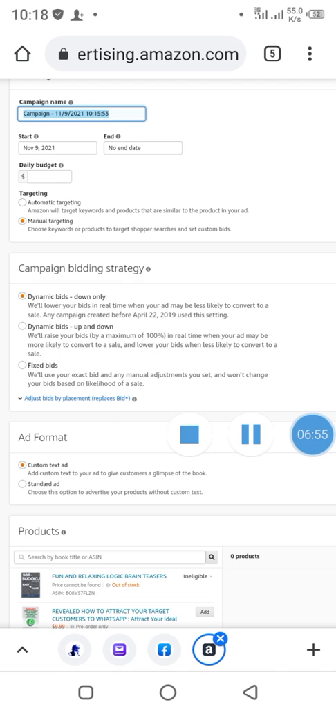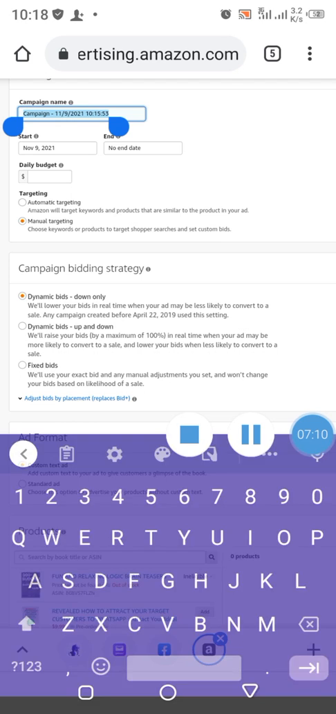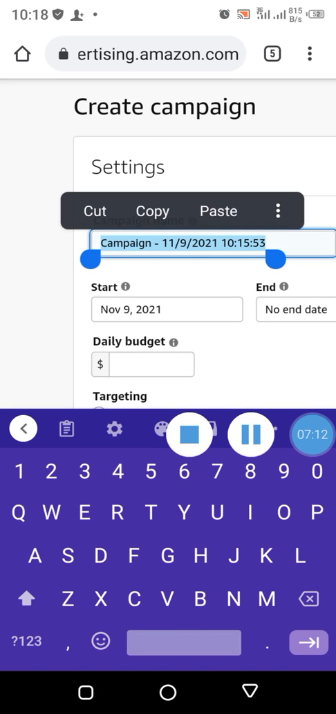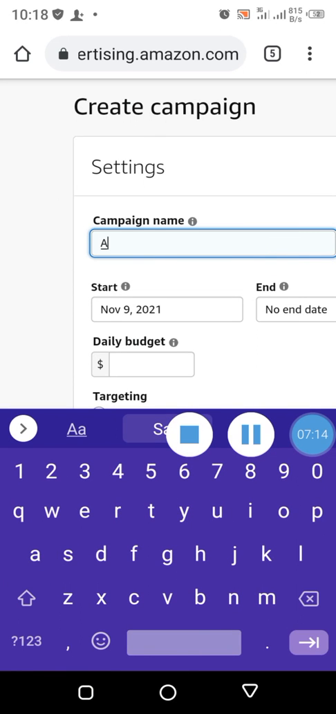You're going to be running multiple ads, like ads for a lot of books. So you need to be able to identify each book by the name you have written. So now I'm going to write auto ad, which I call AA,